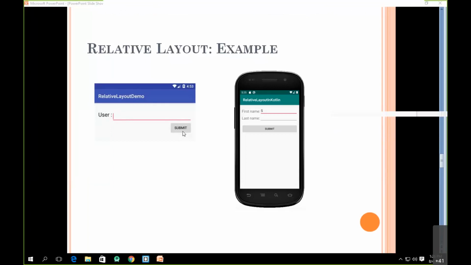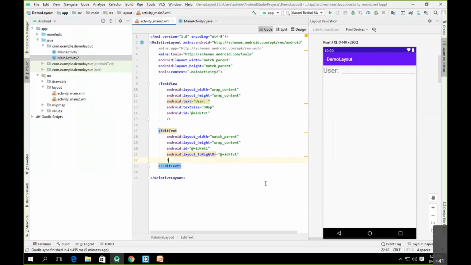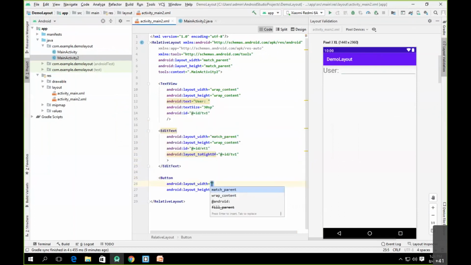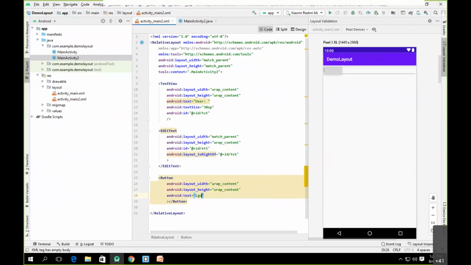What I said, if I simply said below the edit text, let me show you the example. So we'll go to Android Studio and we'll add one button. I hope it's visible. Yeah. So let me add a button, and button height and width will be wrap content, and let's say its text is something called as login. Okay. Now as I say, the element will be added by default in the top left corner. Now it's below the edit text.